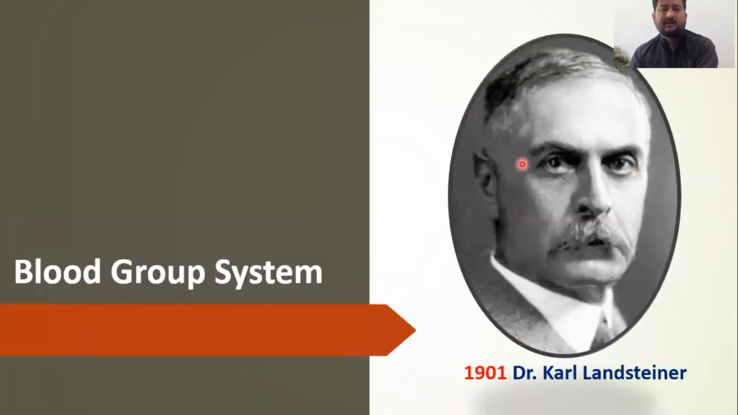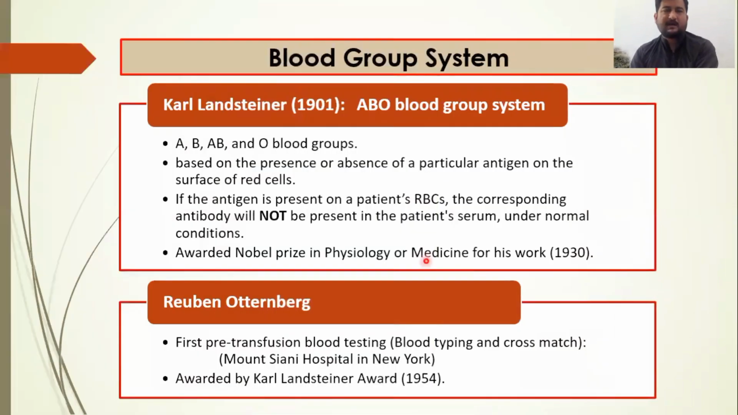Now the next one is the blood group system. In 1901, as we saw in the previous slide, Dr. Karl Landsteiner discovered the blood group system. First of all, Karl Landsteiner gave the ABO blood group system in 1901, and divided the blood groups into four,